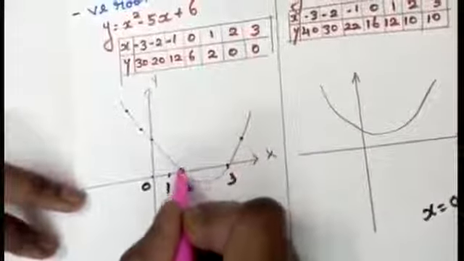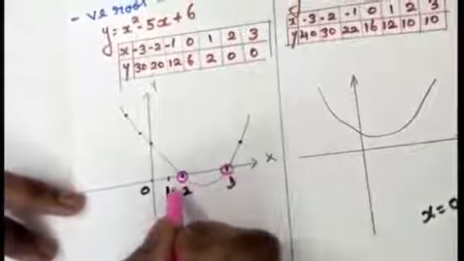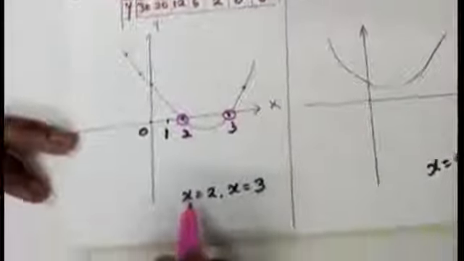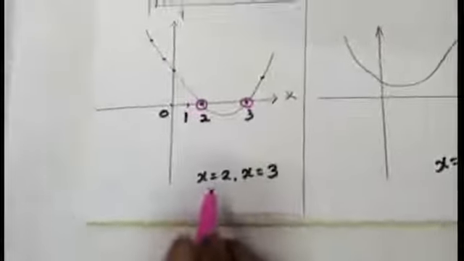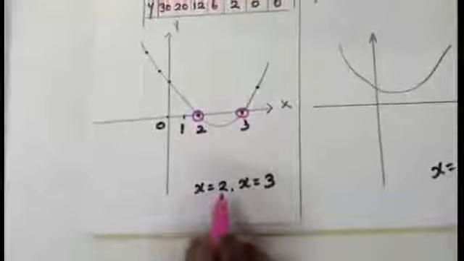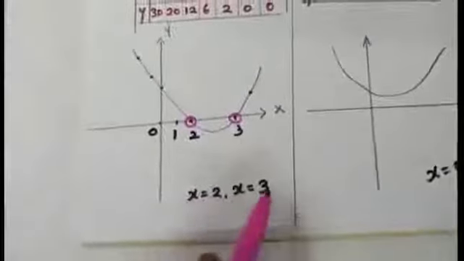If you see, the graph will be touching the x-axis in 2 places. x is equal to 2, x is equal to 3. So these two are the solutions for x, that is, positive roots. You are getting 2 positive roots. So that is the concept here. Maximum possible positive roots is 2. That is the answer I am getting here.